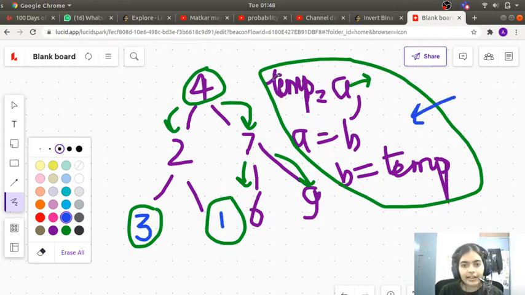So we will use this logic to swap them. We will declare a node that is called temp, and then that will get the value of whatever the left function call has returned, and similarly whatever the right function call has returned, that will be the variable b, and so on. So now after these both function calls have returned back to when the root node is 2, this function call would have ended, and this will also return back.